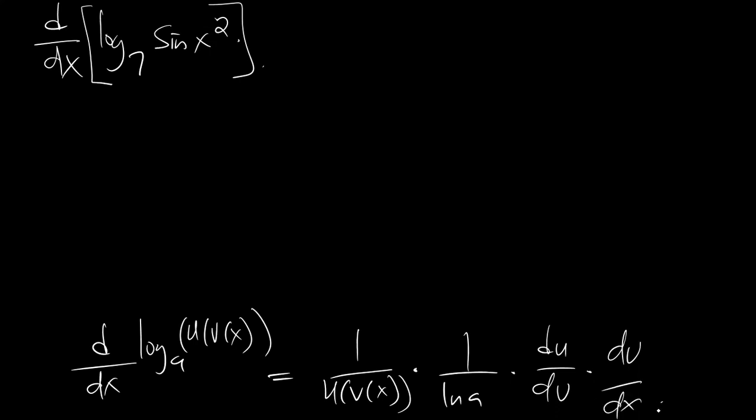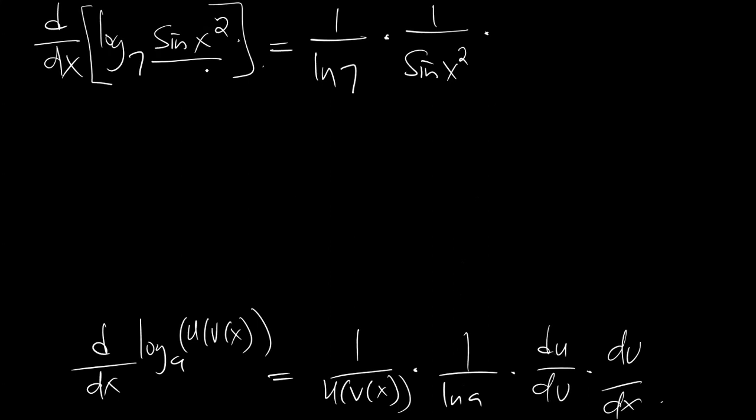So this derivative is dy du. This one is dy du. So now let's apply that here. So the derivative of this will be, the whole of this, which is u, will now be, okay, let's write this one first. So we have 1 all over ln, the a here is 7, ln 7, times the u, the whole of this, which is sine x squared. So you have 1 all over sine x squared times